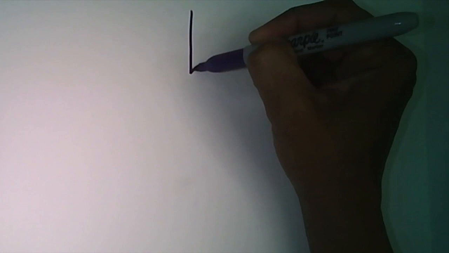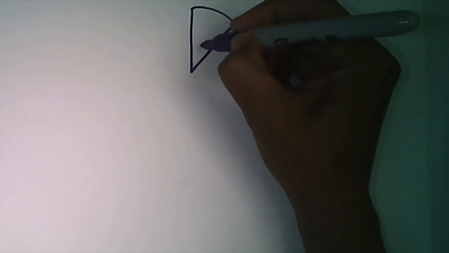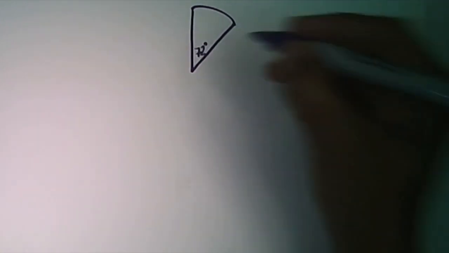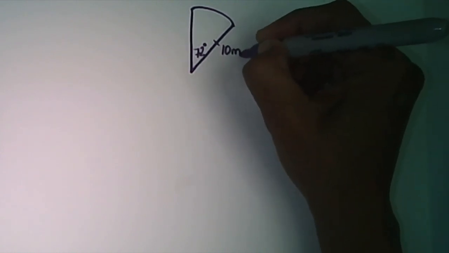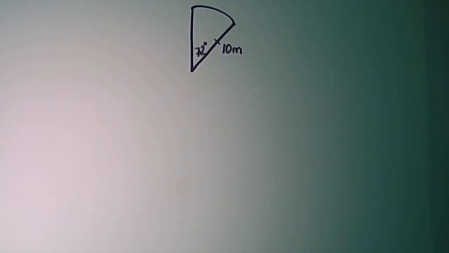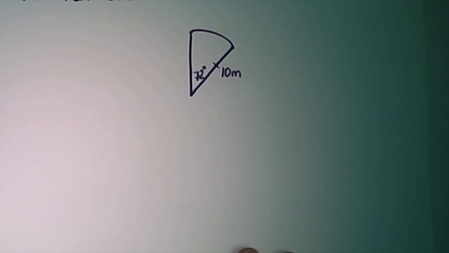So here we've got a sector, and we're given a 72-degree angle in this case, and no other information other than the 10 meters of a radius. So obviously we've got to do 2 things. Firstly, we've got to find the same thing that we just found. We first have to find